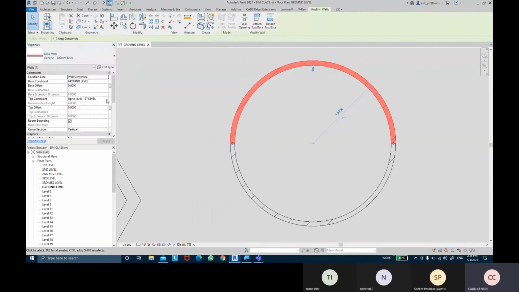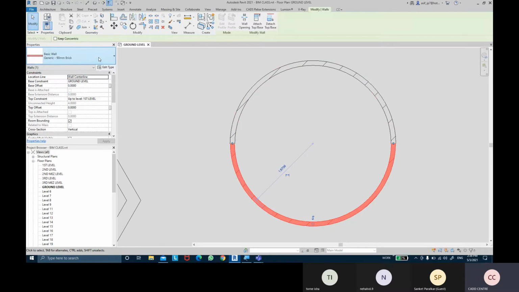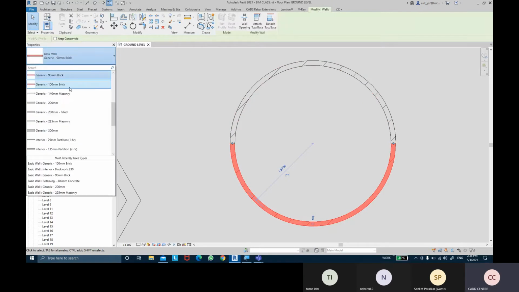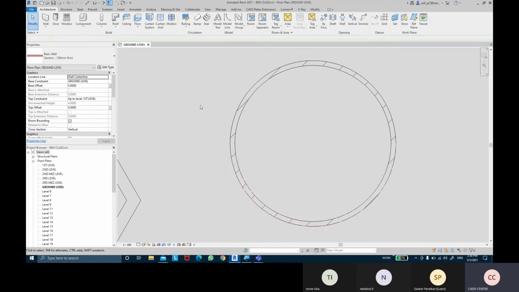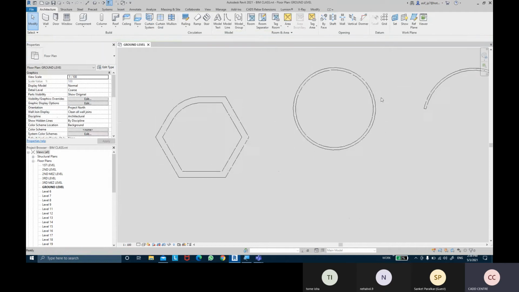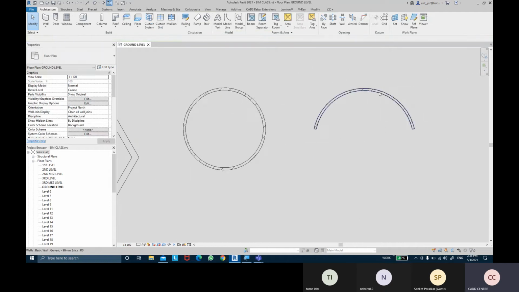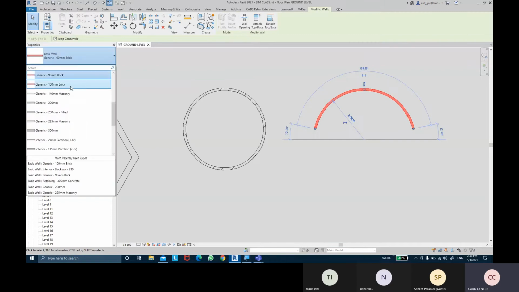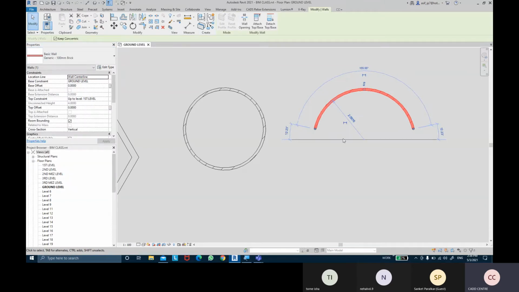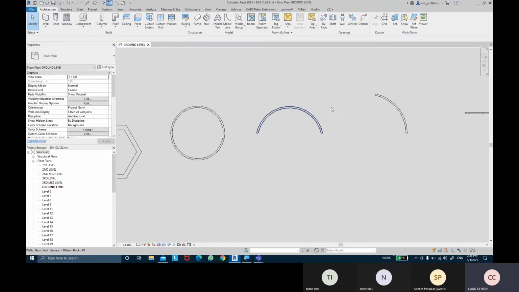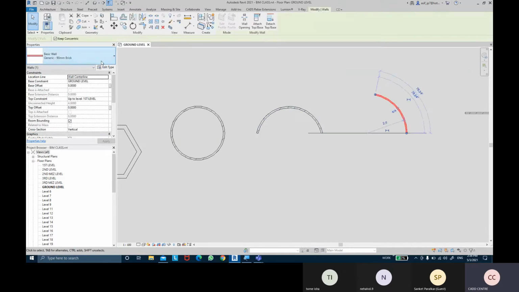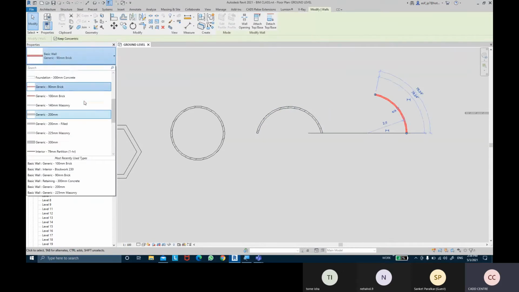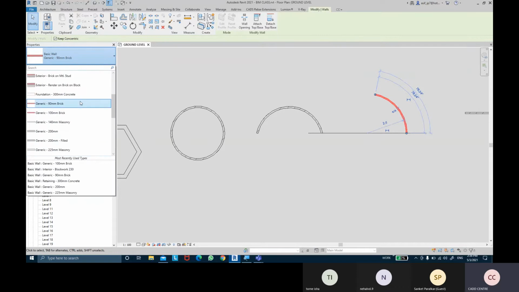When I select this other wall, this is still 90 brick, so I can click on this type list and make that also generic 100. So any wall that I want to change, I can do it this way. Supposing I want this wall also to be a 100 brick wall, I select it, come to the type list, and take that to 100 brick wall. It's going to change. Maybe this wall we want to make a 230 interior block wall, so we come over here and search for that.